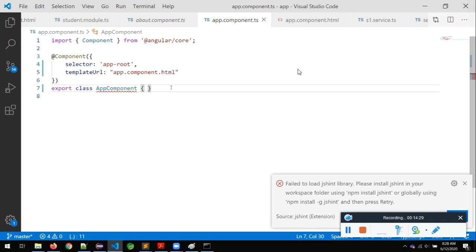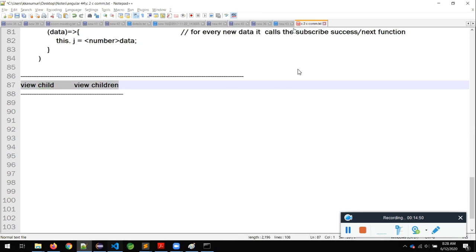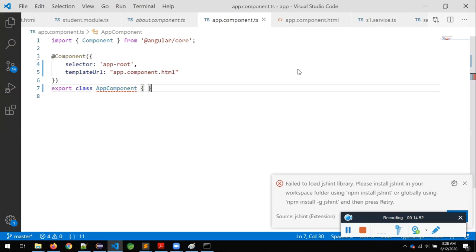How is it possible? By using which decorator? ViewChild. The name itself: view is nothing but the template. In the template, get the child element object. In the same way, if multiple things are there, get all the child objects. That is nothing but ViewChildren. For understanding purposes,